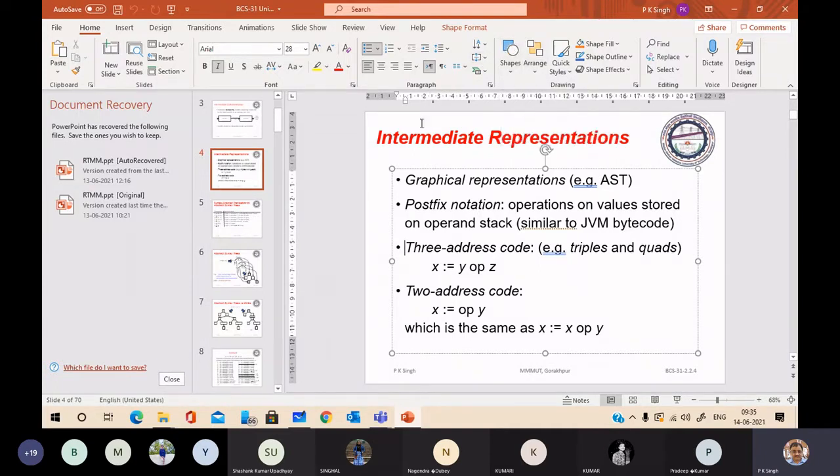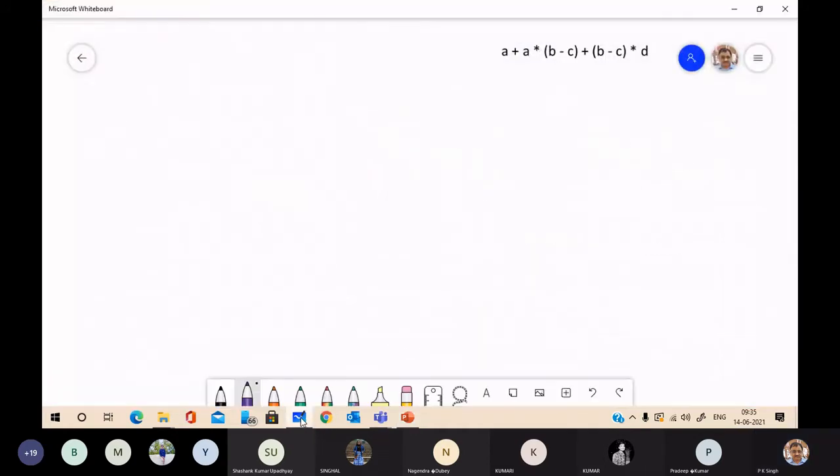So first, just see graphical representation. How do we translate to graphical representation? See the syntax directed translation scheme.